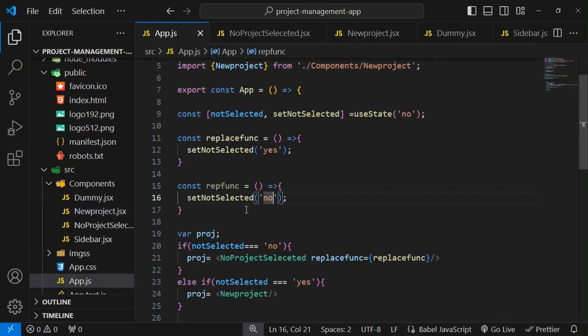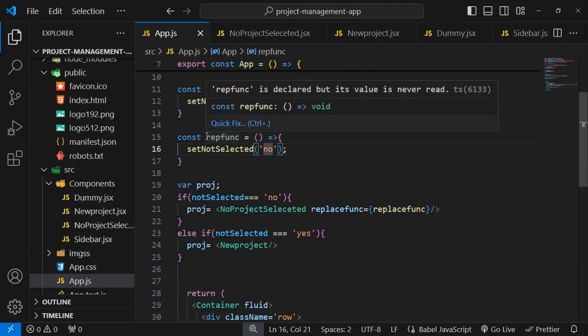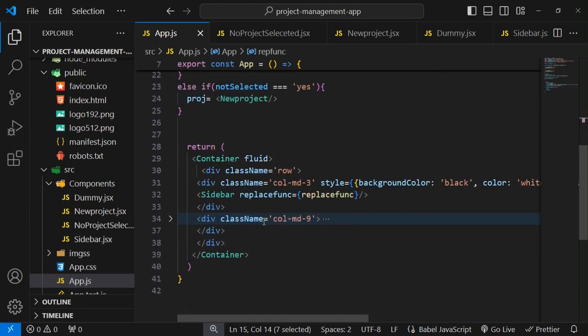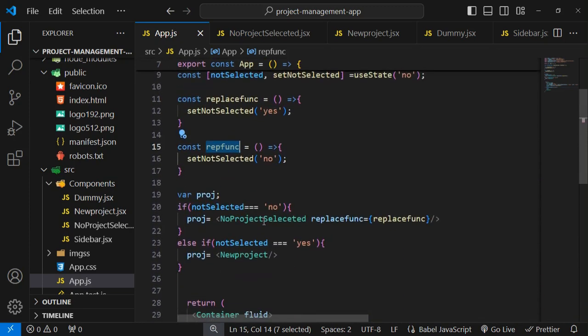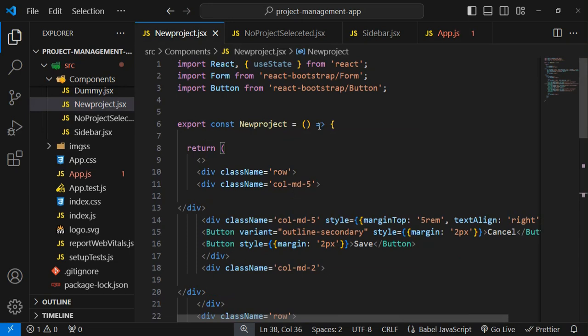Let me copy that props, and basically I have not written that props. Ctrl C. I have to pass that props to our new project, which is here. I'm just writing the same name is equal to, and here I have passed that function as a props. Now just press Ctrl S and move to our new project, and here I have to write curly braces, and